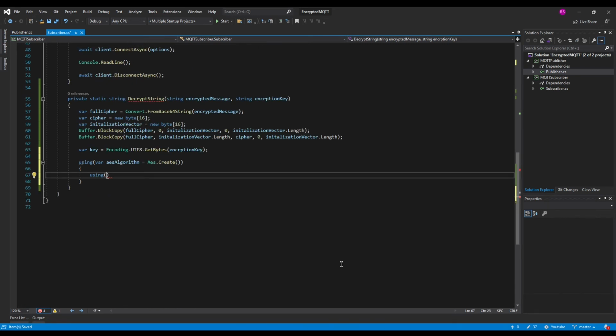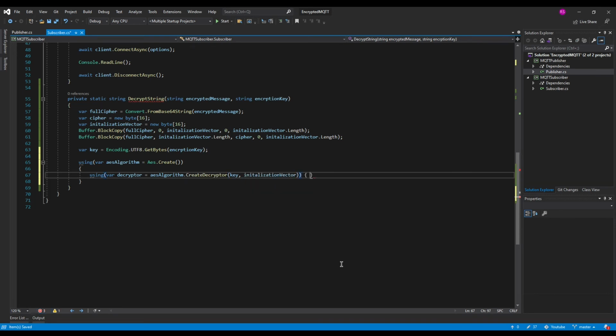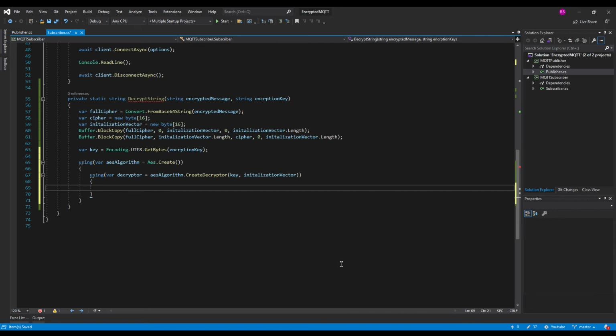Once we have created the instance of AES algorithm, we will go ahead and create a decryptor, for which we will use the instance of AES algorithm and a method called create decryptor. In case of create decryptor, similarly we need to provide the key and the initialization vector, which in this case we have already extracted out from the message.